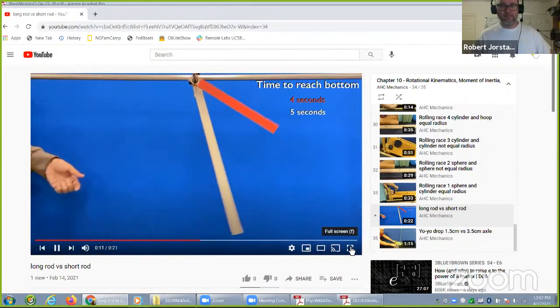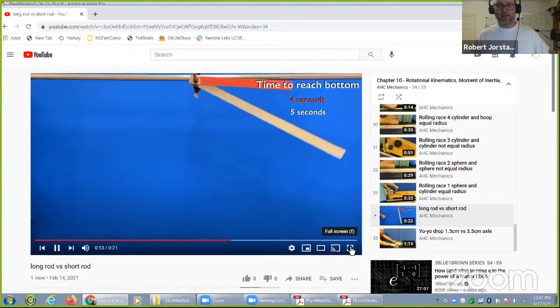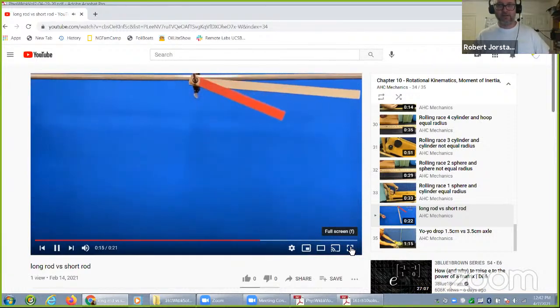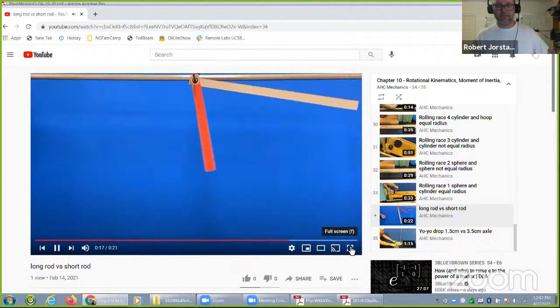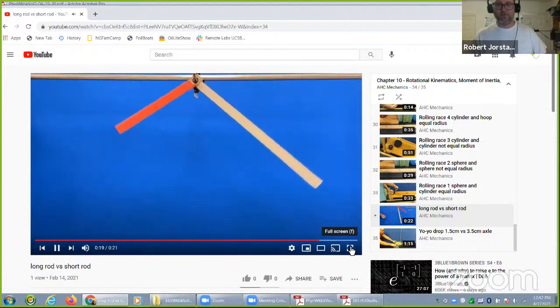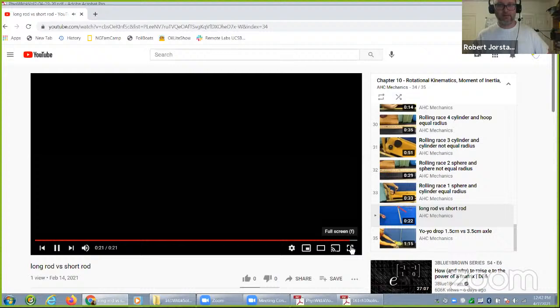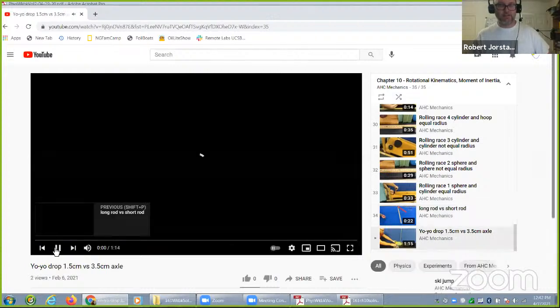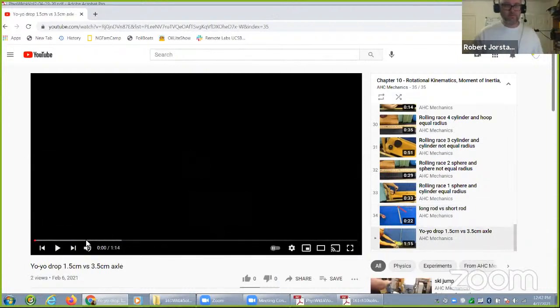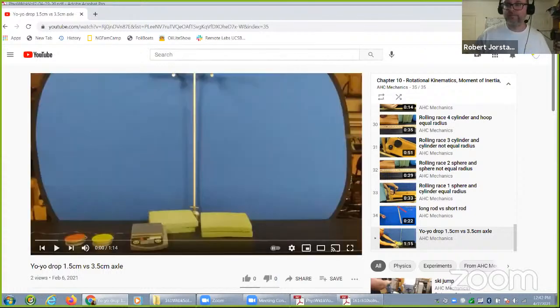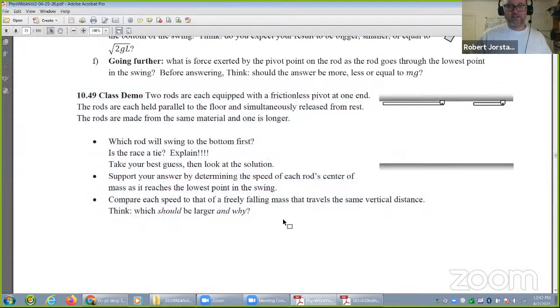Clearly, the shorter pendulum actually oscillates faster. You could just see it there. It's not even close after one full oscillation. All right. Let's do this. So if you think about this,